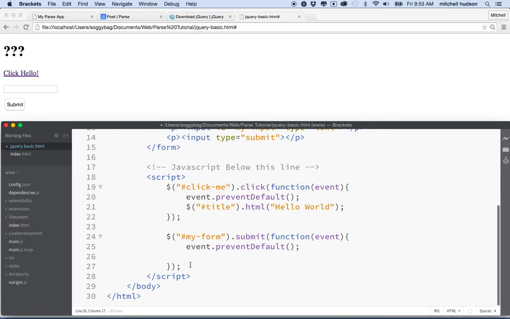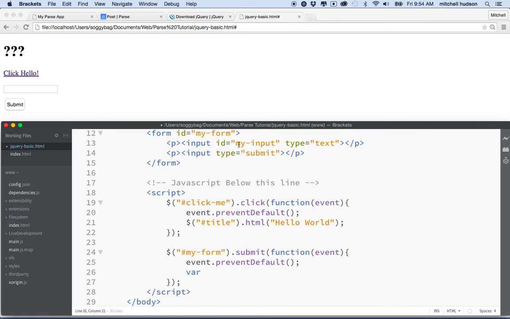So in this one, we'll add an extra line of code in here. And what I want to do is first get the value from the input field here. If you remember, our input field is called myInput, okay? So let's make a variable here to hold the value from the field. A variable is sort of like a container that lets us store information and give it a name, right? So we'll make up a name here. Let's call it, how about, text